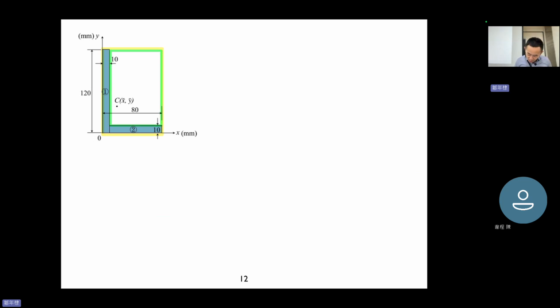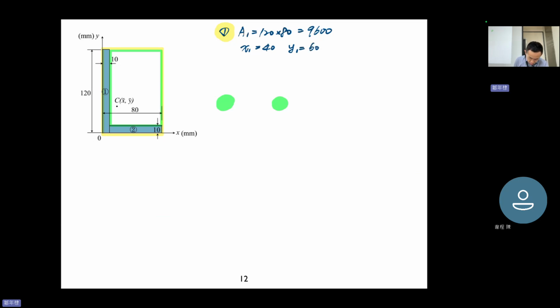The first area is the bigger one, and the green area has negative area. So A1 equals 120 times 80, 9600, and X1 equals 40, Y1 equals 60,